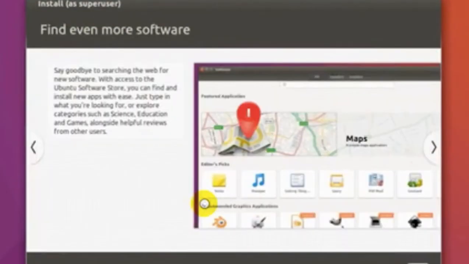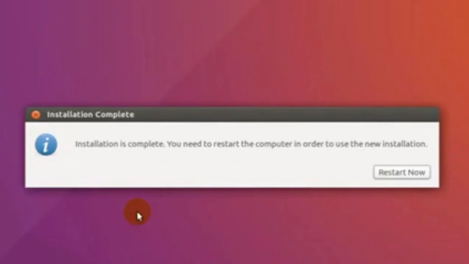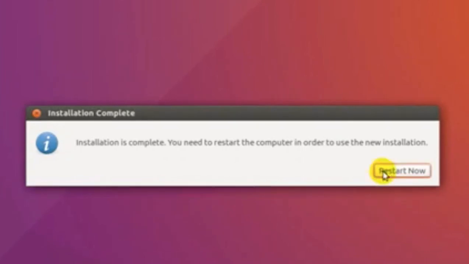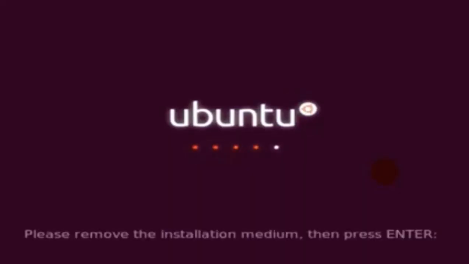Wait till installation completes. Once completed, an installation complete message will show. Click on Restart Now. It will ask to press Enter to remove the installation medium from your system. Press the Enter key and remove bootable media, USB, CD or DVD.